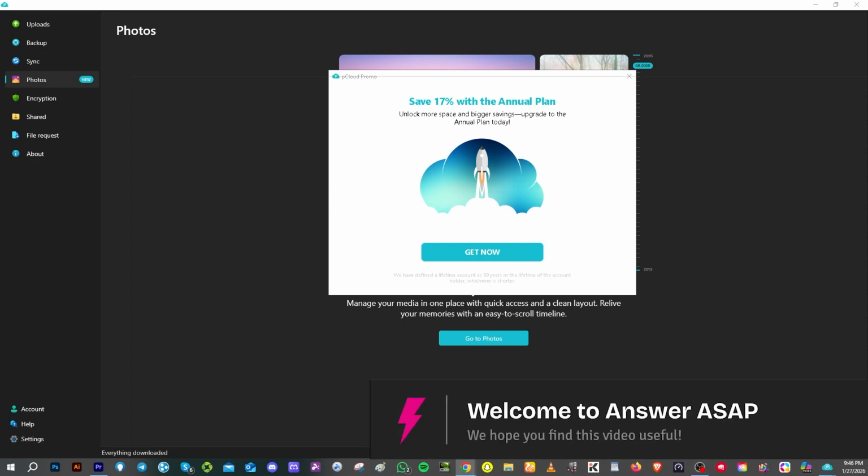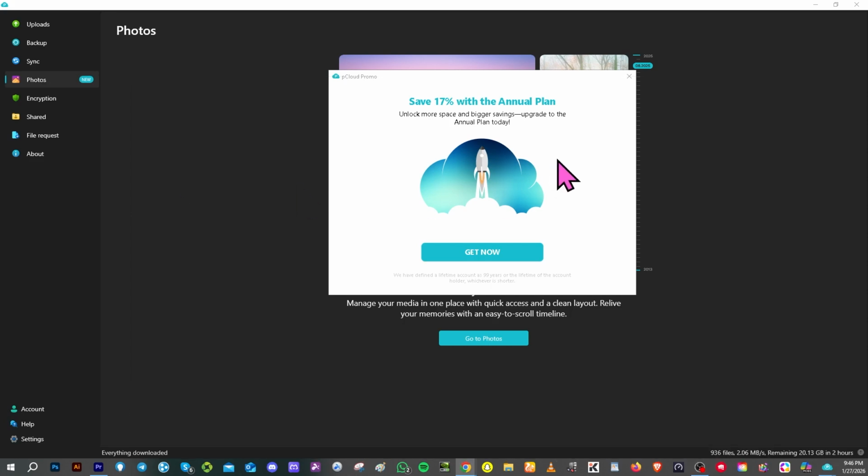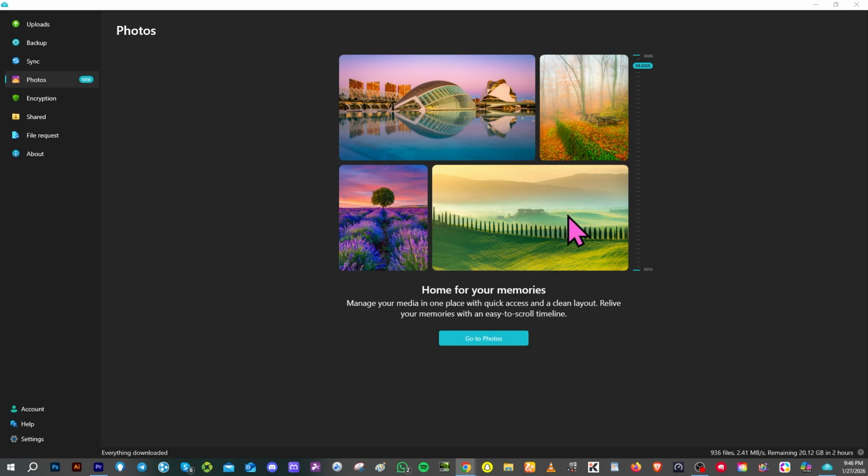In today's video, we are going to show you how to upload photos to pCloud. Whether you want to back up your memories or organize your albums, pCloud makes it super simple. Let's begin. Now, the first thing that you need to do is open your pCloud app on your computer and